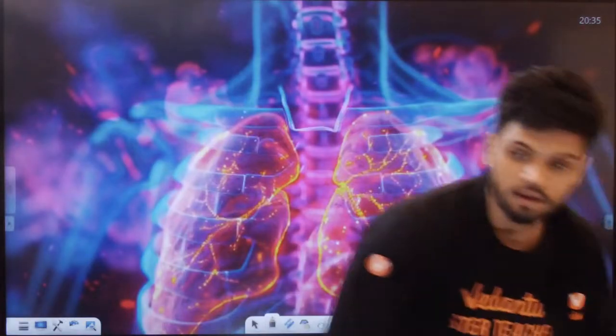Now, students, in yesterday's class, we started a chapter called breathing and exchange of gases. In the previous class, we learned about how different organisms breathe and what the different organs present in our body are. Now, in today's class, we will understand the mechanism of breathing. किस तरह से, how do you think the oxygen enters inside and CO2 is removed outside? That entire process we will learn in today's class.